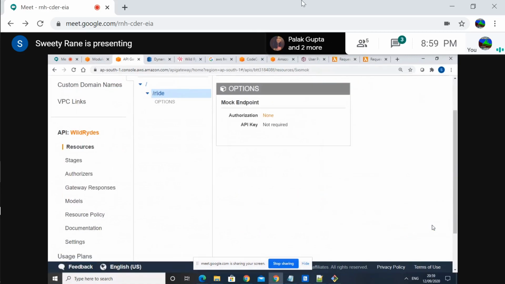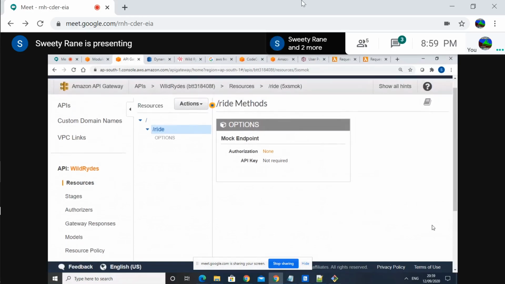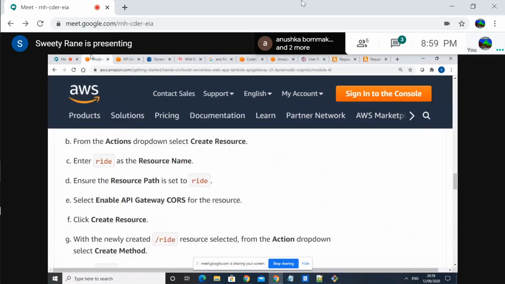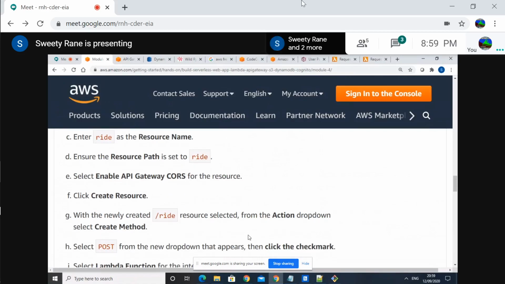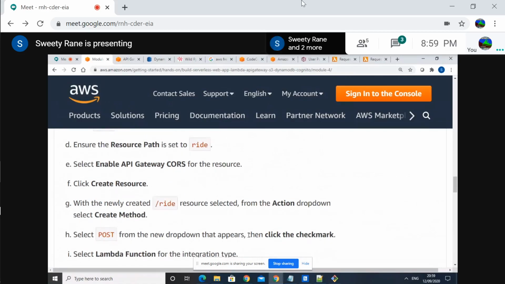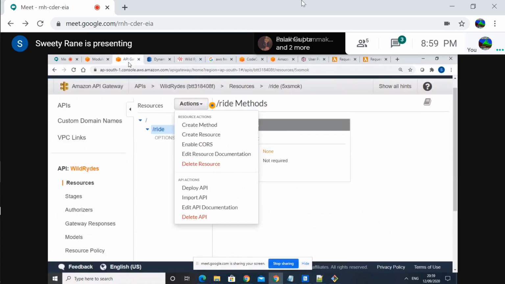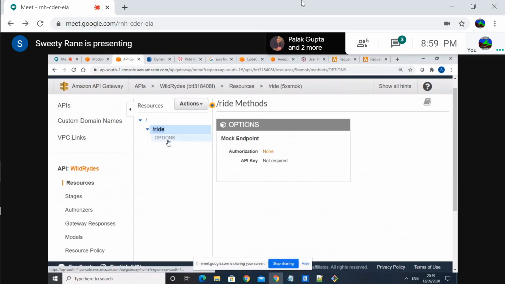Okay, so now our resource is created, and it's also selected. So I think we have to create a method for this resource now. So go back and read. So click, yeah, this option.